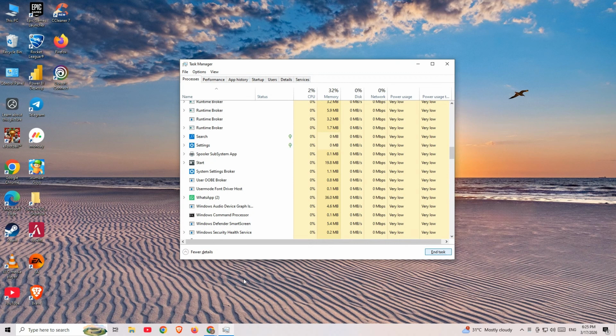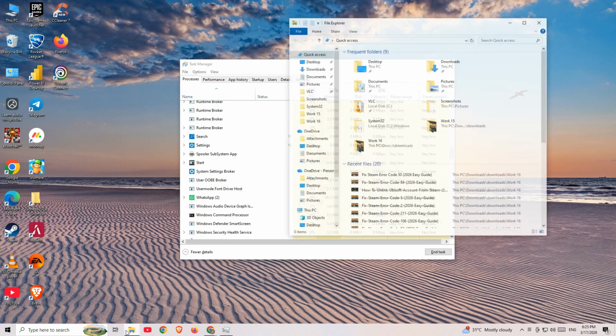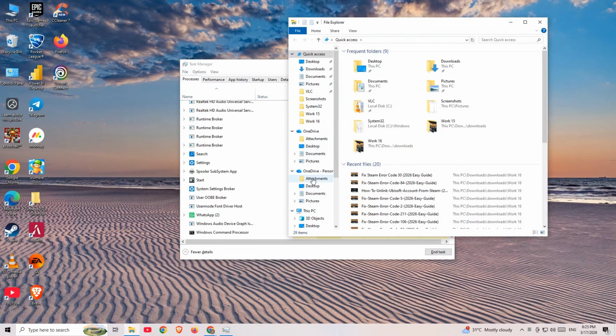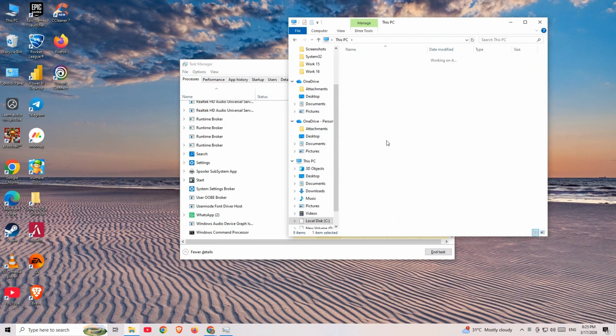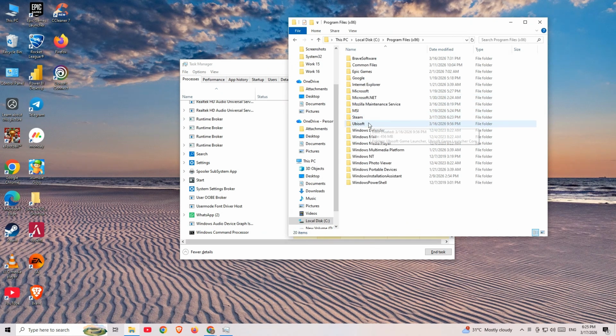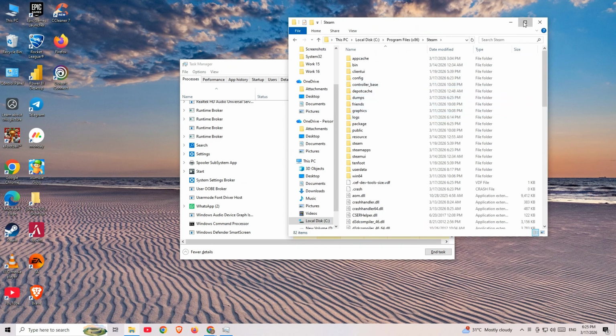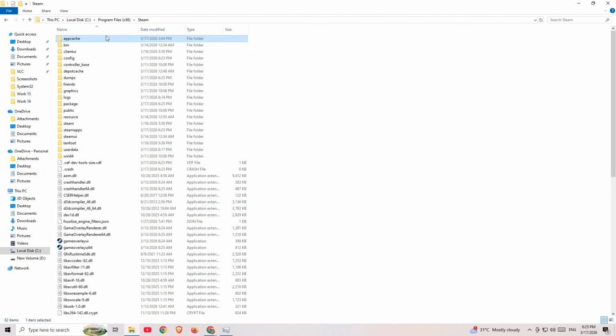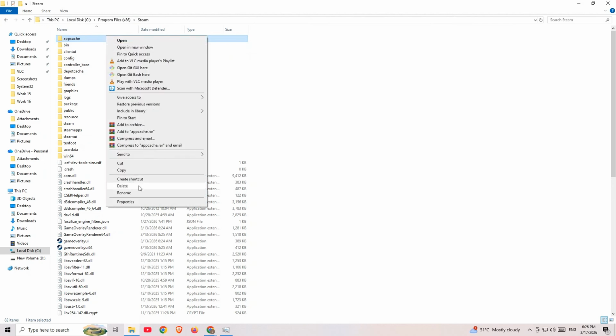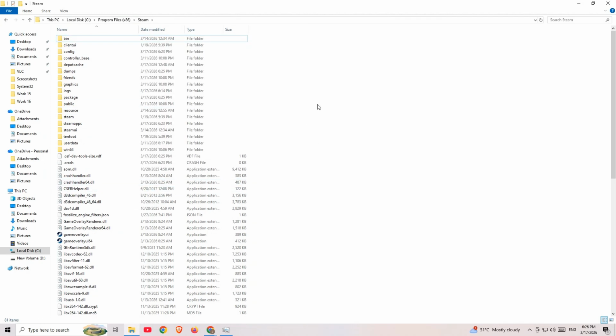might not work properly. Next, we're going to clear Steam's cache files. These files can sometimes get corrupted and cause errors like error 50. Open File Explorer and navigate to your Steam installation folder. In most cases, this will be located at C:/Program Files (x86)/Steam. Once you're inside the Steam folder, look for a folder called Appcache. Right-click on the Appcache folder and delete it. Don't worry, this folder will automatically be recreated the next time you open Steam, so you're not breaking anything by